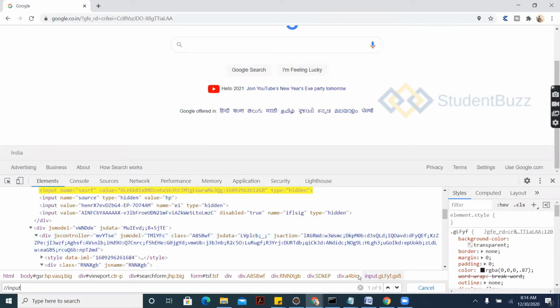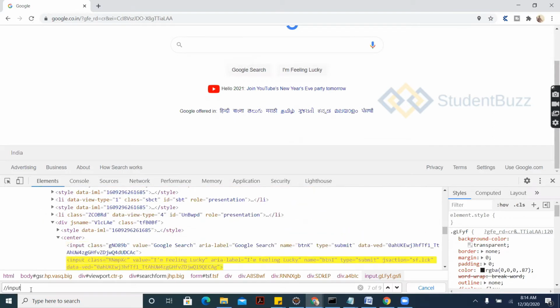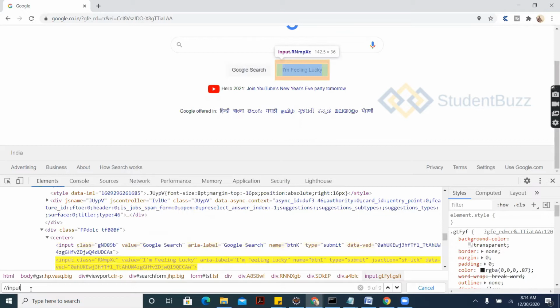There are 9 elements which are input. If I press enter again, it goes through the different input elements. We have 9 input tag elements.